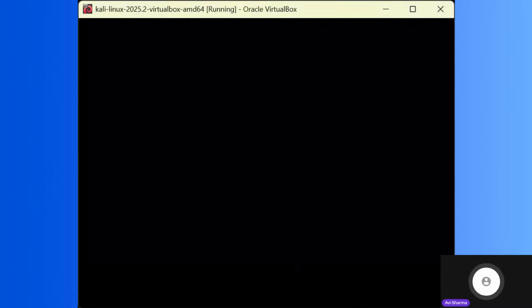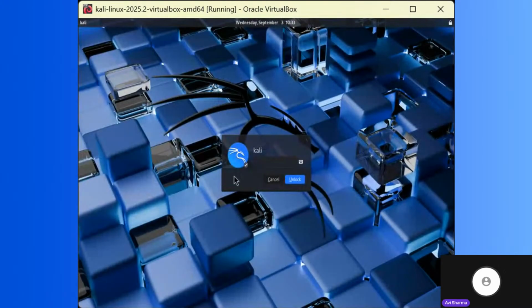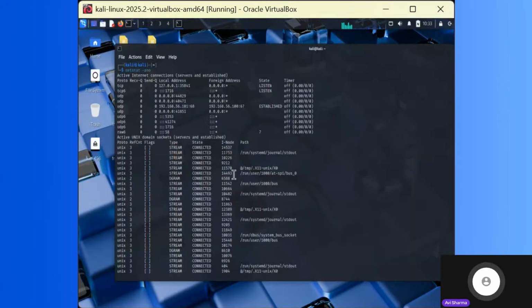Difference between GitHub and VS Code. Not really related to what we are doing, but VS Code is an IDE, integrated development environment, and it is used for coding. GitHub is used for storing changes and